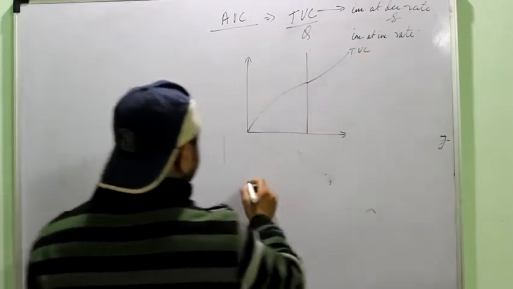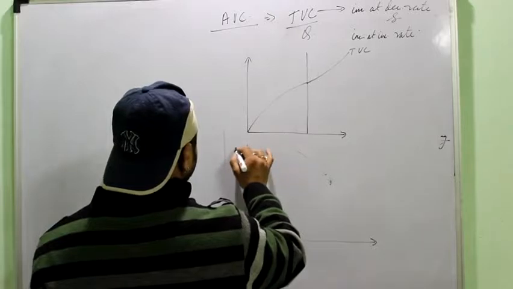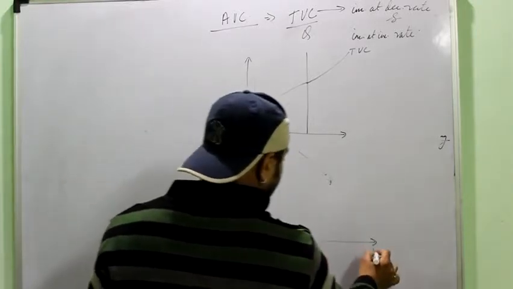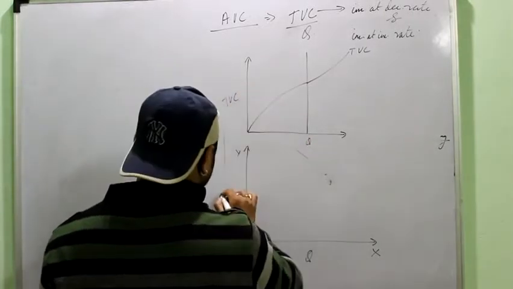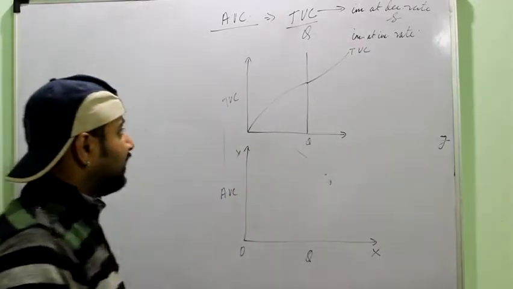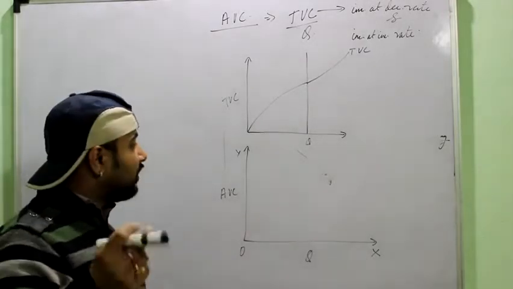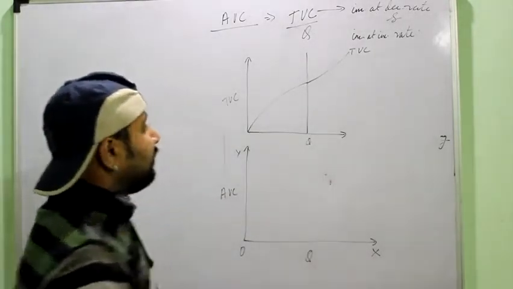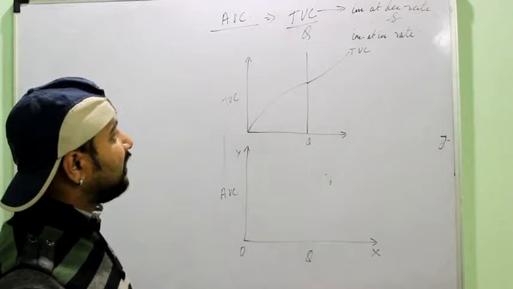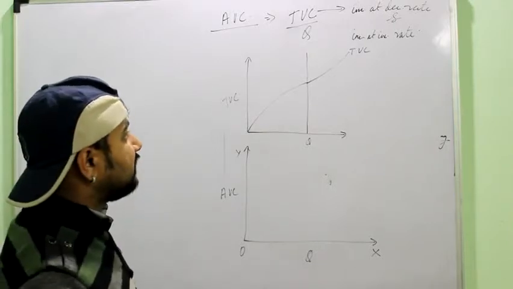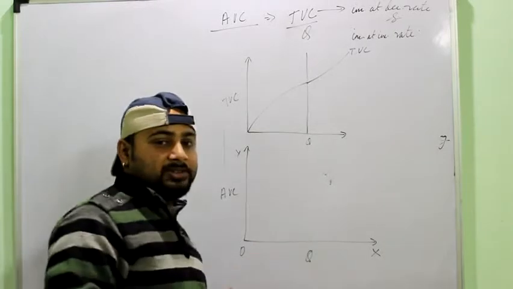Suppose this is your TVC, first increasing at a decreasing rate and then at an increasing rate. Now again we have the output, here I have the TVC and here I have the AVC, right? Till the point your TVC is increasing at a decreasing rate, you will get a reduction in your average cost, or your average cost will decline. But once your TVC starts increasing at an increasing rate, your average cost will increase. You can refer to the numerical that we have done in the law of variable proportions, right? That less amount of money is required to produce the units in the first stage.